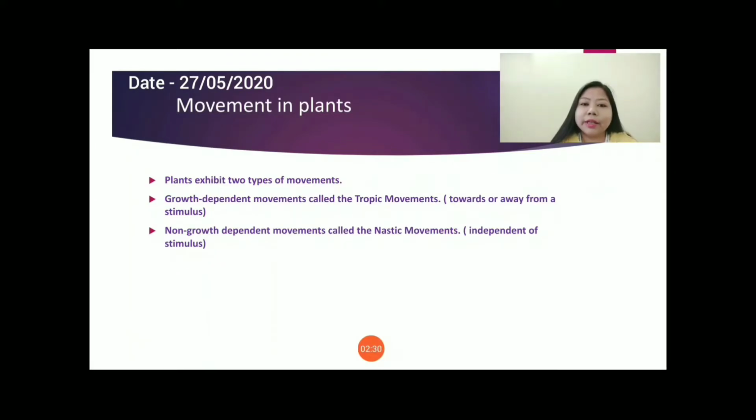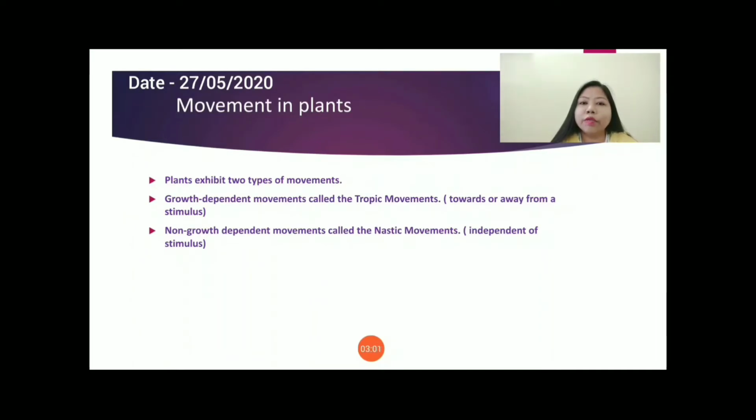Now take another example, that is germination of seeds. When seeds germinate, the roots move towards the soil and the shoot moves away from the soil. Again, you will see that the leaves of the mimosa plant will move very fast. That means it will fold up very quickly. But the movement of the roots and the shoot is not very quick. Yes, it's a slow process.